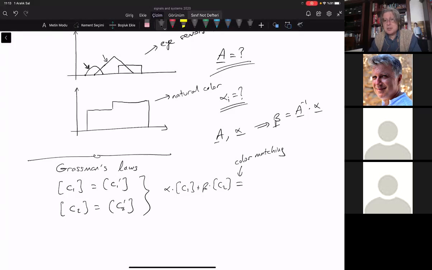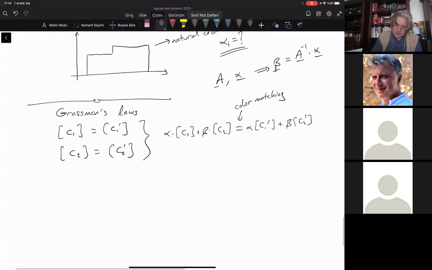Then the mixture colors also match, like alpha times C1 prime plus beta times C2 prime. So this is a color matching law. Let's see, law number one. And the other one is even